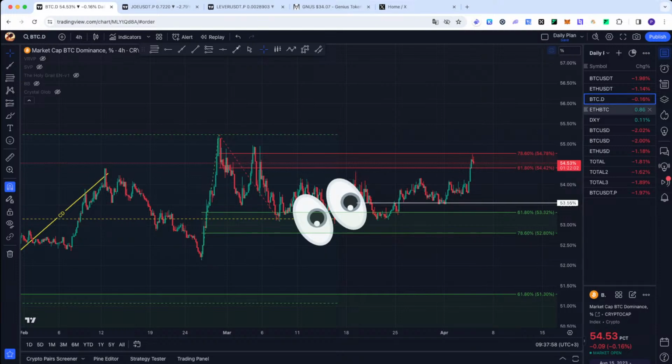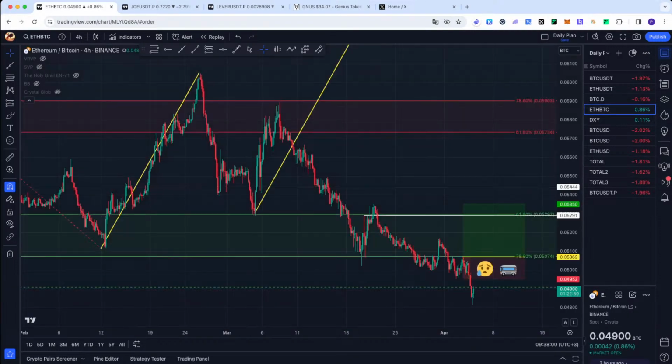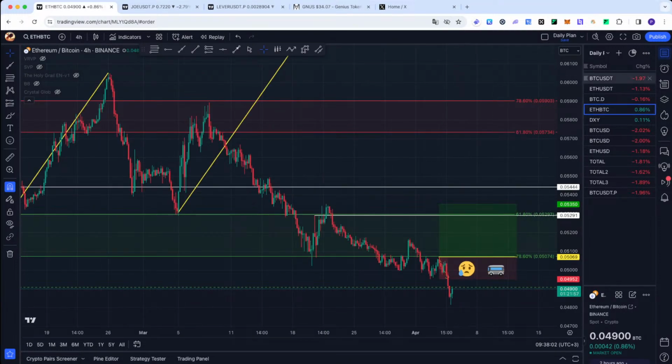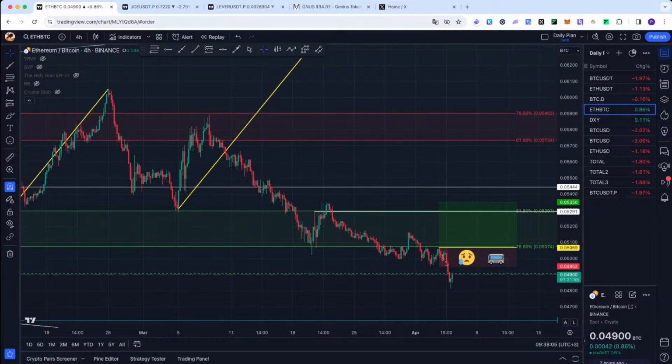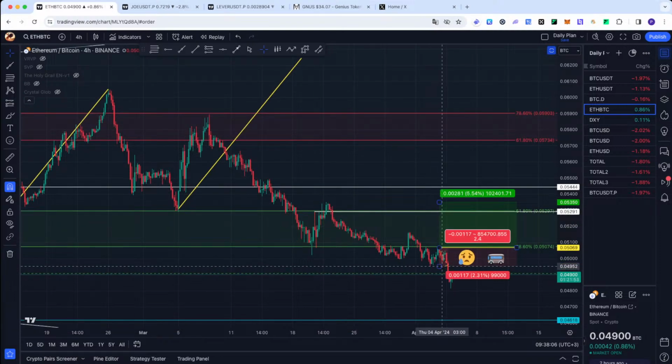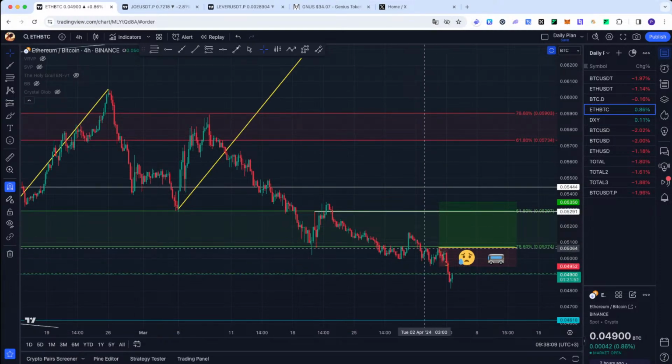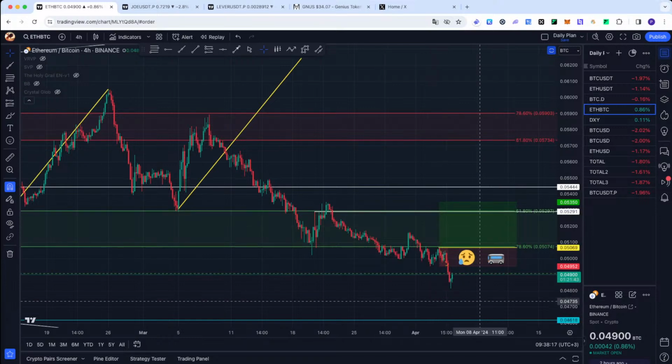Ethereum versus Bitcoin. Well, I said something about Ethereum against Bitcoin. Well, Ethereum weaker than Bitcoin. Well, look at this one. I'm not trading this pair, Ethereum versus Bitcoin. I framed the trade and you can see what happened. Well, sorry, but it's going down. How low? Well, zoom out and you'll see some levels. Let's do that even now.